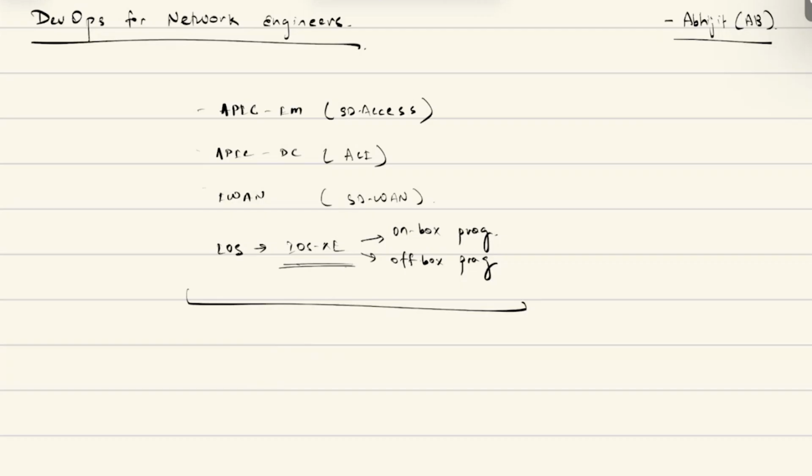And back at that time, about 2017 and 18, DevNet came out. So the news broke out that Cisco is coming out with DevNet. I quickly grabbed my eyes on them. And then I started learning about DevNet and all that. And that is when I also upskilled my existing knowledge and shifted my focus from traditional networking to automation. And ever since then, it has been a roller coaster ride for me.